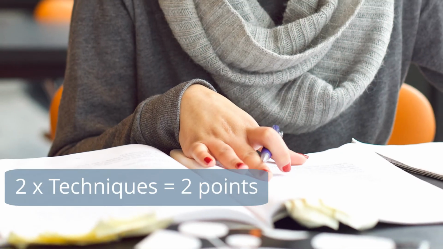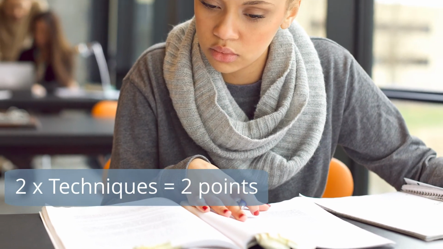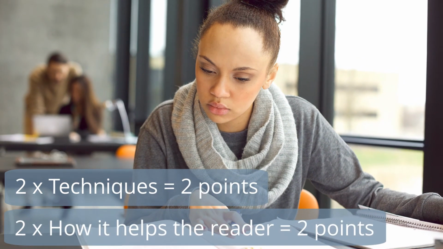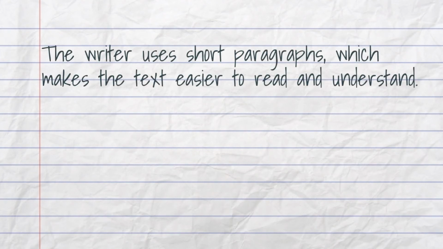Usually this question carries 4 points, and to get those 4 points you need to find 2 techniques, you get 1 point for each, and explain how each of those 2 techniques helps the reader, again 1 point each, so 4 points altogether. So in your answer you could say, the writer uses short paragraphs